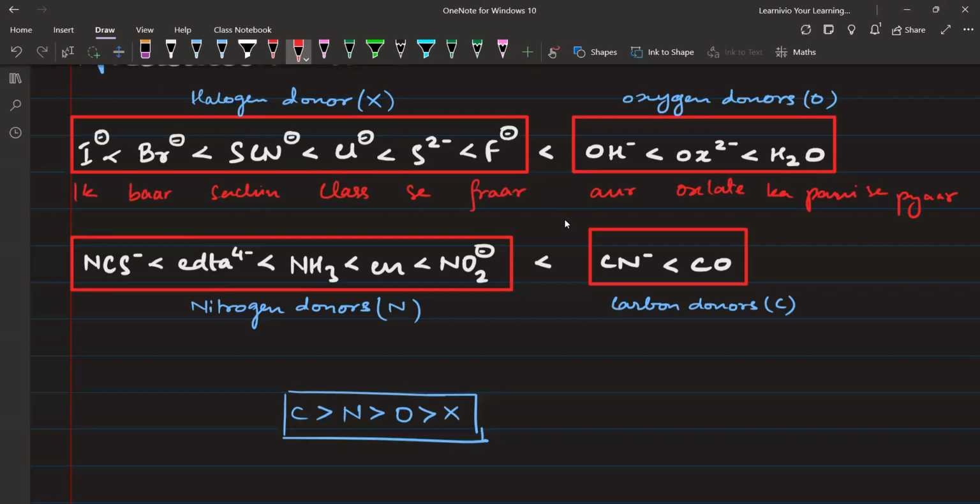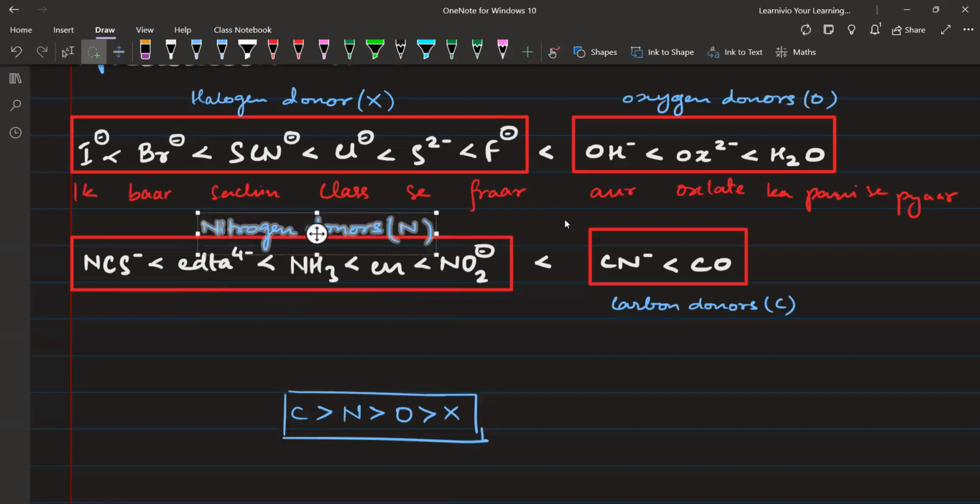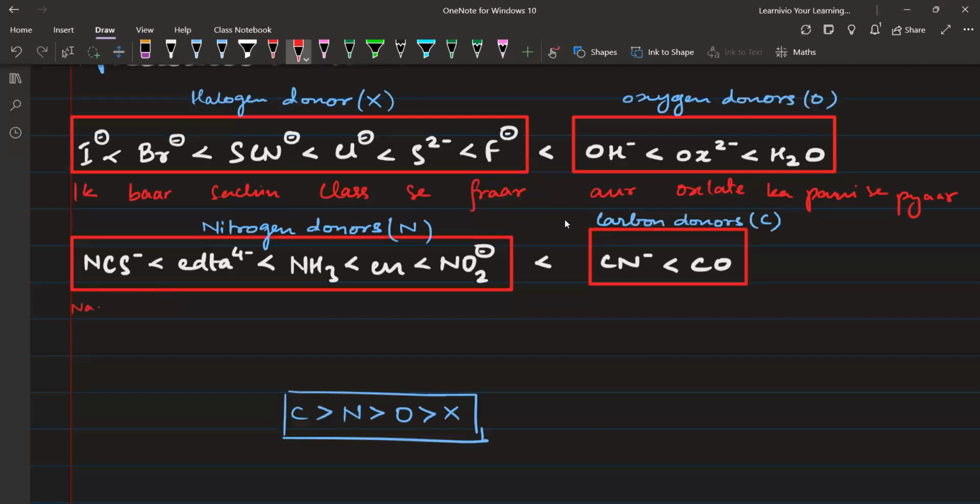Here you have to write नाचते हुए. Let me write it. This is नाचते हुए उड़ता अमोनिया. यूडीटीए एजीटीए. उड़ता अमोनिया is ammonia